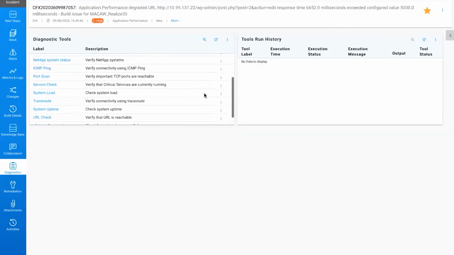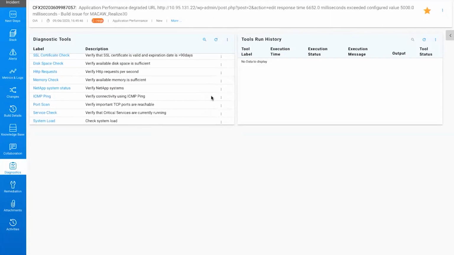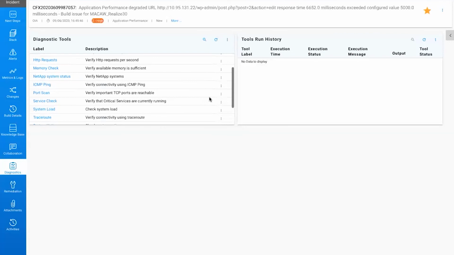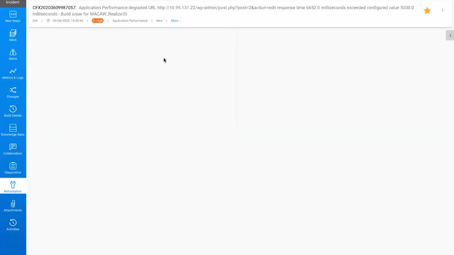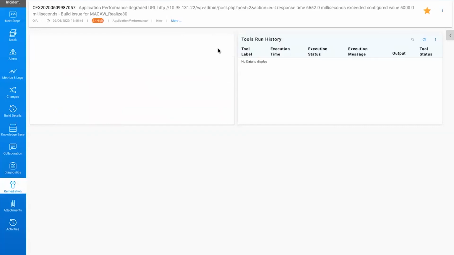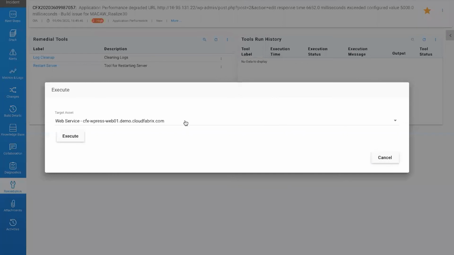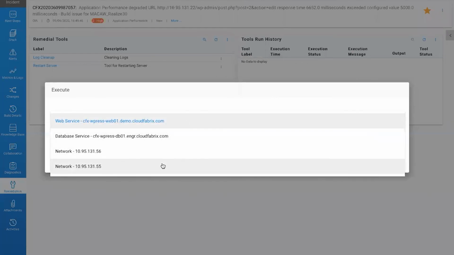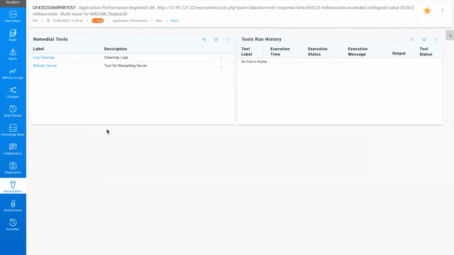It's very important to have those insights here, simplifying the process of providing the right diagnostic and remediation tools, and the ability to invoke them from here. I should be able to execute a log cleanup on any of the impacted elements, and share all the attachments back into this.